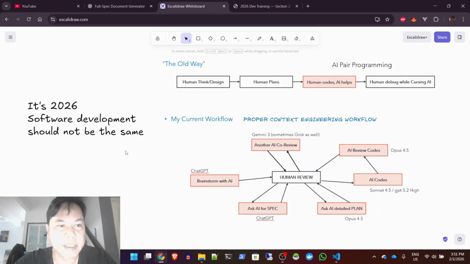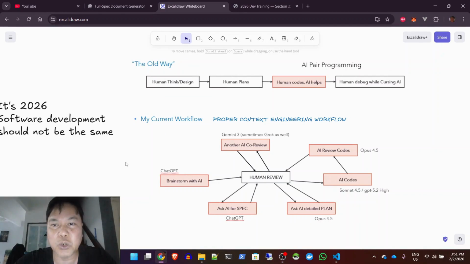Right. So let's start with the old ways, things that we do to develop with AI, which is using the AI pair programming methods. And if you notice, at this point, we only use AI when it comes to doing coding, basically replacing the phase of doing coding, while the rest is still being done manually. So what I've been doing since the last few months